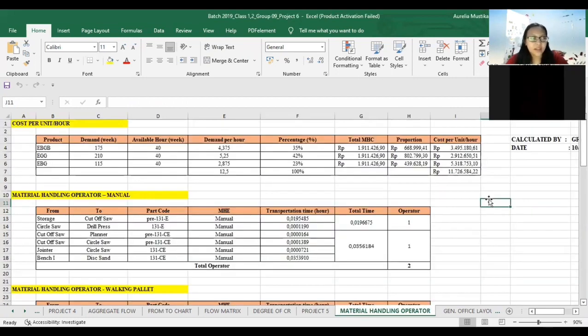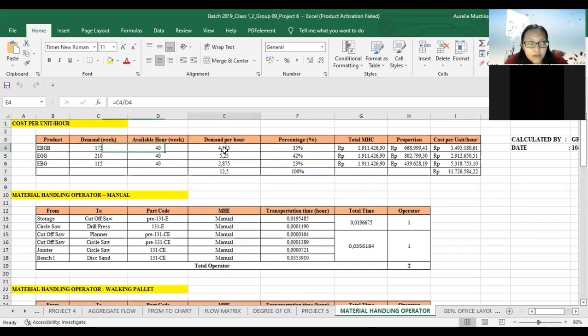Okay, I'm Aurelia, and I will explain about the material handling operator. The first one is cost per unit per hour. We can see there are 3 products in here, ABGB, AGG, and ABG. The demand per week for ABGB is 175, and the available hour is the same as the others, 40.